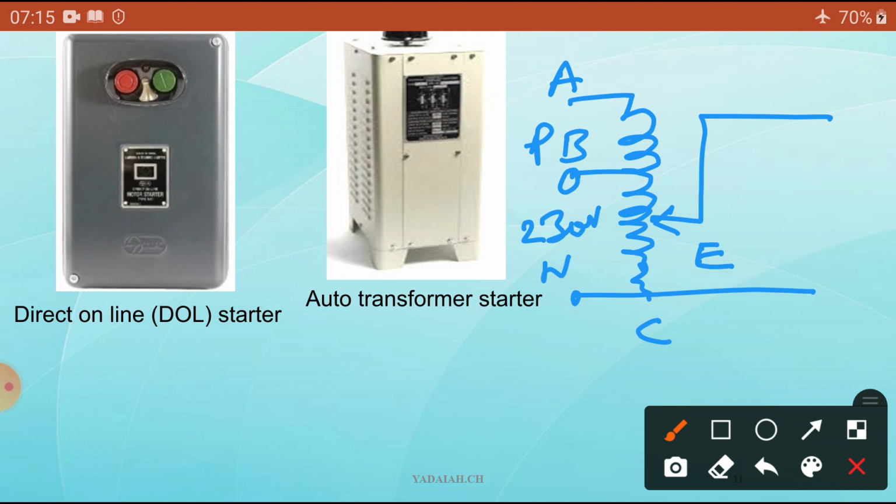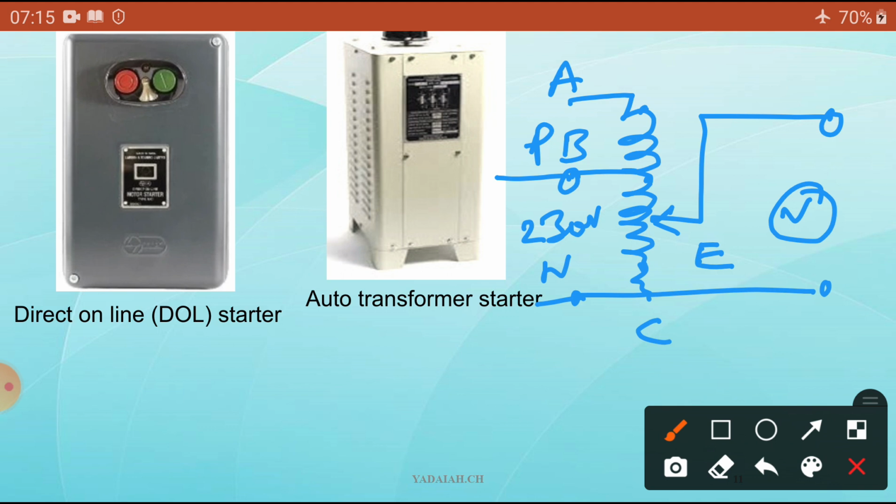Okay, what are the input terminals? Now I connected the B and N. Input is the B and N, 230 volts applied. Now in secondary terms I connected the E and C. Voltage across is equal to E and C. For example, in this case 230 volts applied in primary terms, maybe, so here total turns 100 turns and this is 25 turns, for example 125 turns primary, this side.